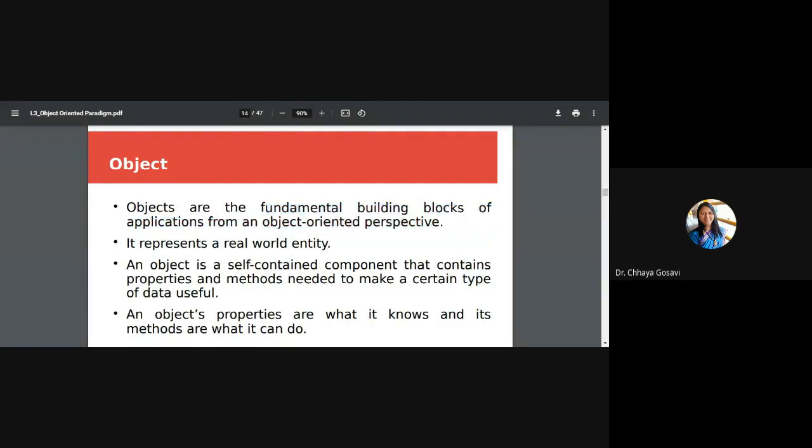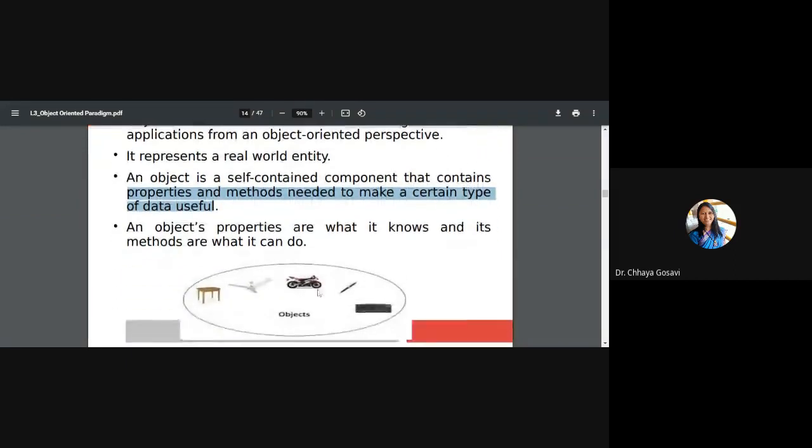An object represents a real world entity like a pen, bicycle, fan, etc. An object is a self-contained component that contains properties and methods needed to make a certain type of data useful. So an object's properties are what it knows and its methods are what it can do. Are you getting it? Properties mean what it knows, and the method or behavior means what it can do.